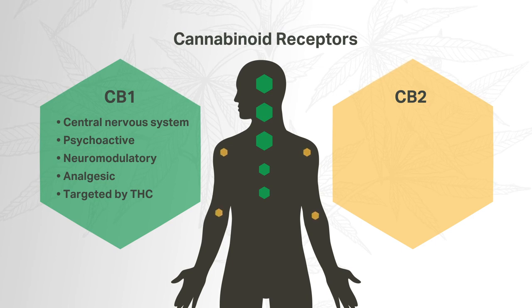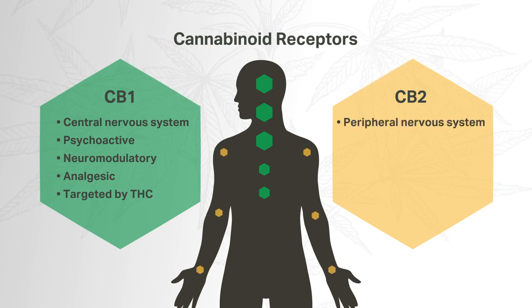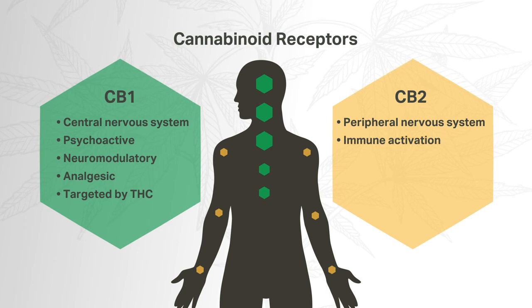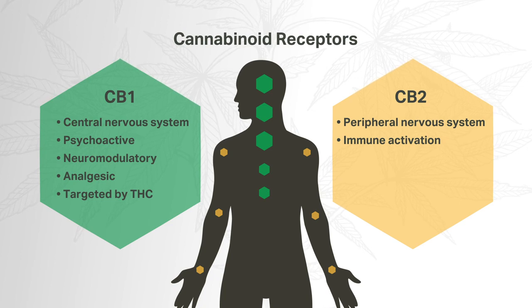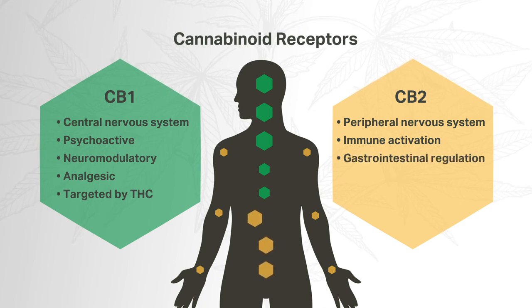On the other hand, if you're looking outside of the CNS, in the periphery of the body, you will see the majority of the CB2 receptors. They're especially abundant in the immune system, so we are talking about macrophages and B and T cells. They're responsible for immune system activation. And they're also present in the gastrointestinal system, where they regulate a lot of processes involved in the digestion and